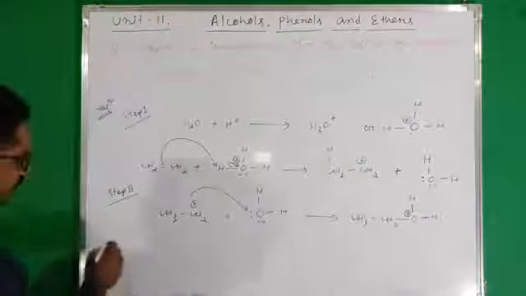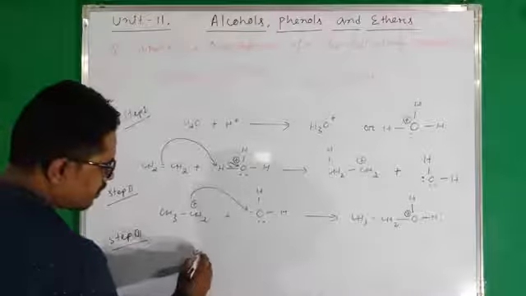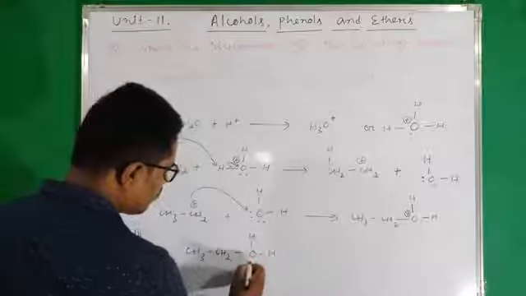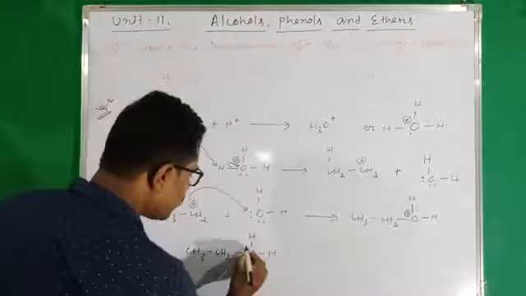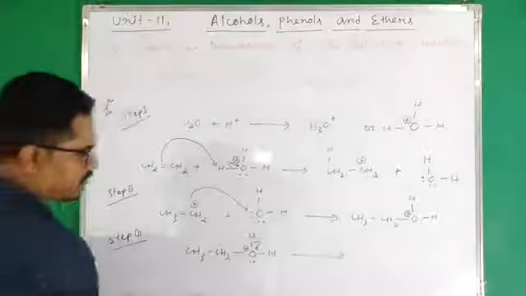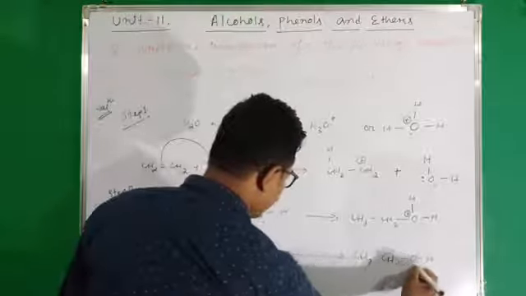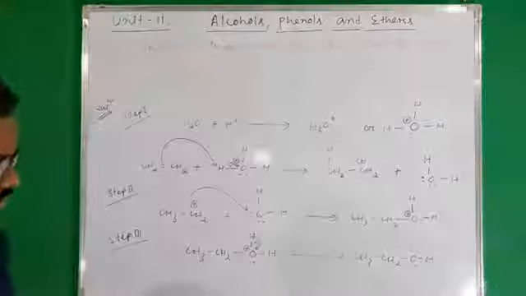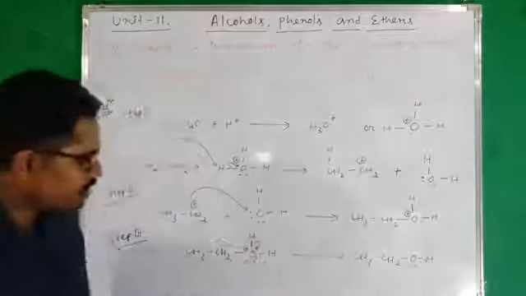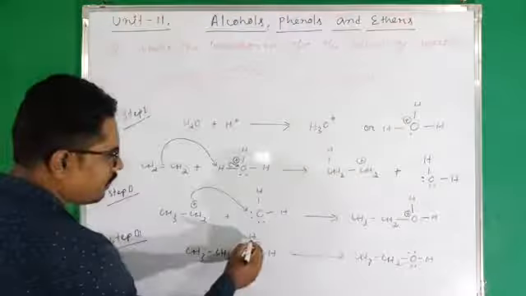Okay, in the next step, that is step 3, proton will be lost. In step 3, proton will be lost to form the alcohol. That means CH3, CH2, OH. At first one lone pair was present. Now due to attraction of electron by this oxygen towards itself, another lone pair will be present, and one H positive ion will be lost,